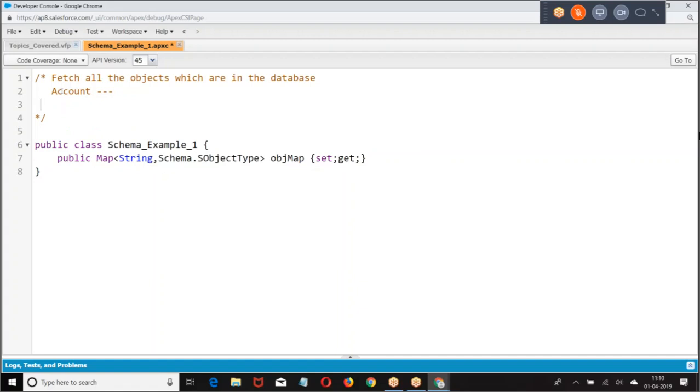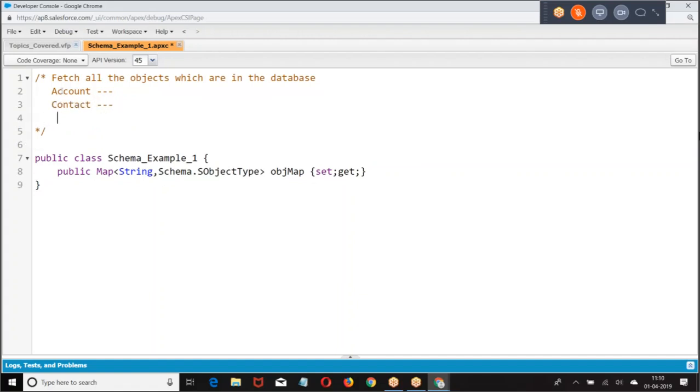If you know it's a contact, we take Contact. If you know 100% it is an account, we take Account. If you know 100% it is a contact, we take Contact. When you are not sure whether it's an account or a contact, what do we do? We take SObject.